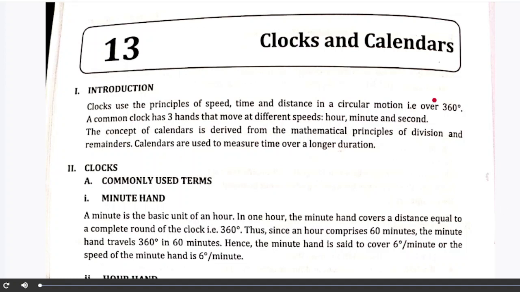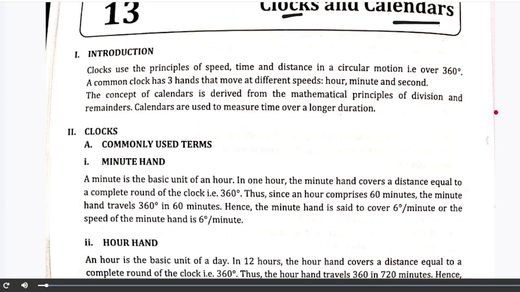Clock and calendar. First of all, we'll do clocks and then we'll do calendar. Now, what does a clock say? Everybody of us is aware of a digital clock and an analog clock. So what actually a clock is, if we talk about, it's kind of a circle which we have,